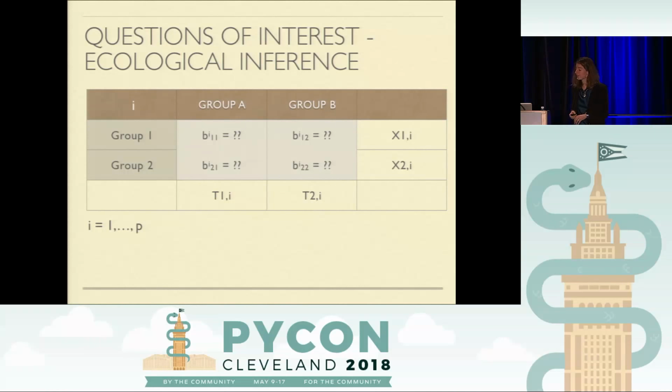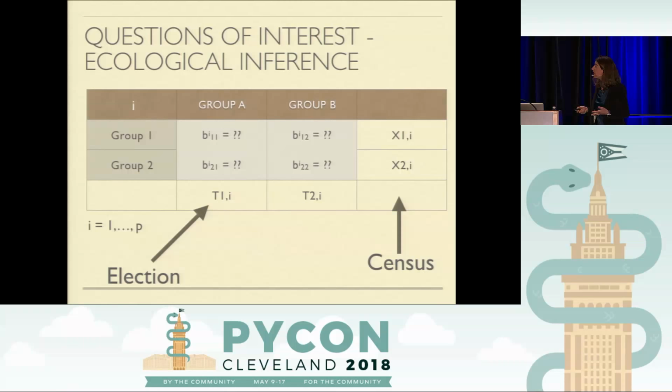Cool. So that's what's going to bring us to our question of interest here. This is called ecological inference. It doesn't really have to do very much with ecology, but it has everything to do with polarization by different demographic groups. So here's the idea. We have information on the margins of this table. So we have on the right side demographic information. We know in each precinct something about how many people or what proportion of people fall in one of several demographic groups of interest. We also have election data.